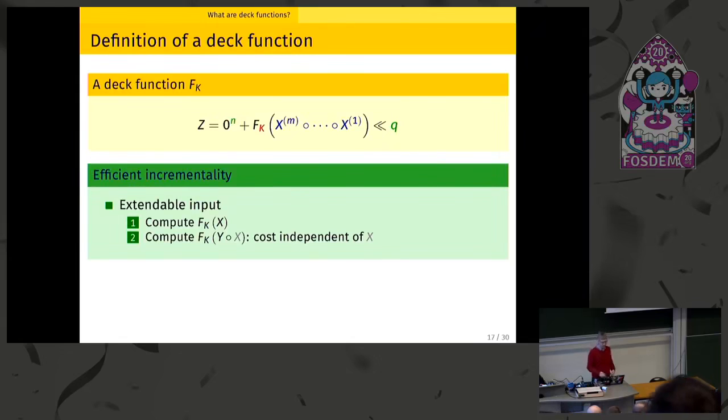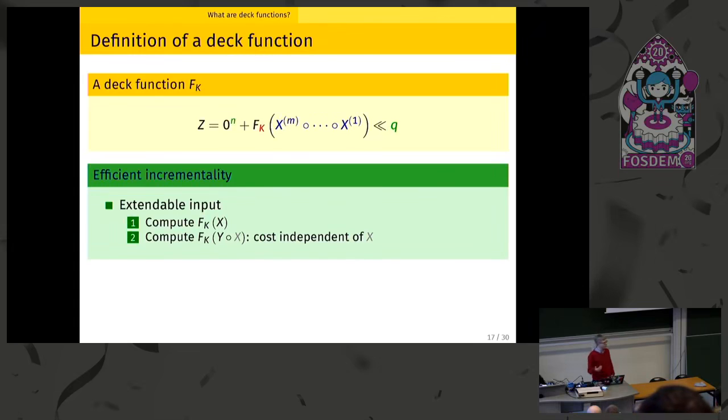By extendable input, I mean, let's say you first compute f_K over some string x, and then later on you want to compute f_K over y after x. But you already computed f of x, you have maybe kept some state. Then if you do that, the computation of f of y after x does not cost you much, because the cost only depends on the length of y, not the length of x. You don't need to start all over again.